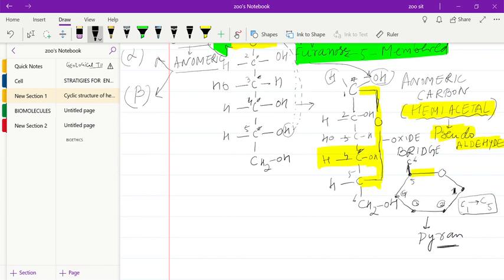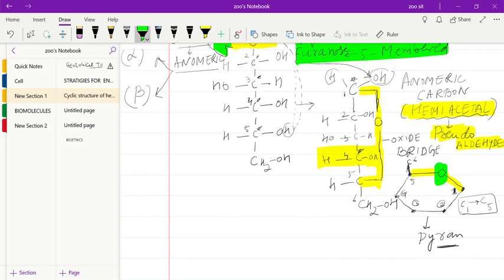Due to this, carbon number 1 and 5 get linked and form a ring-like structure, called a pyran-like structure. Pyran is a chemical, and once the structure of the glucose resembles the pyran, where carbon number 1 is linked to carbon number 5 by means of an oxide bridge, pushing carbon number 6 outside the ring,